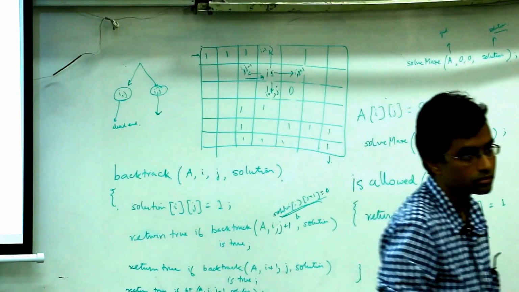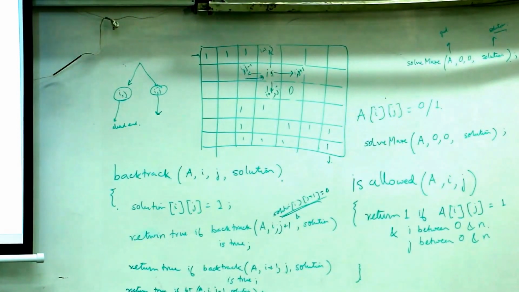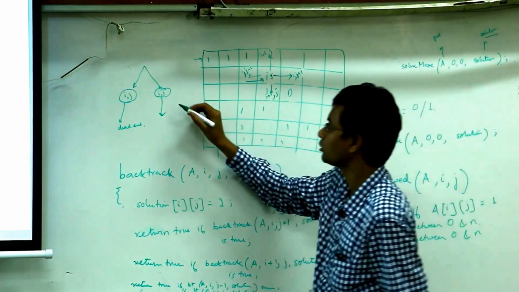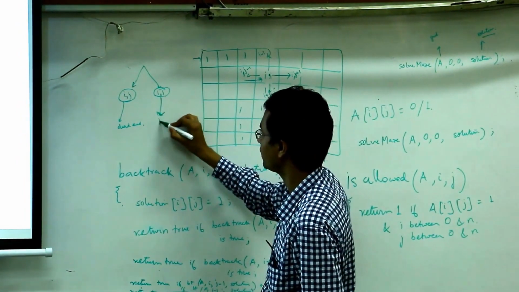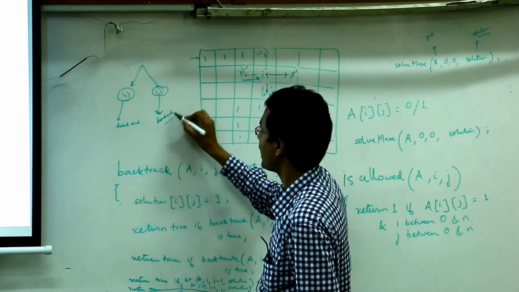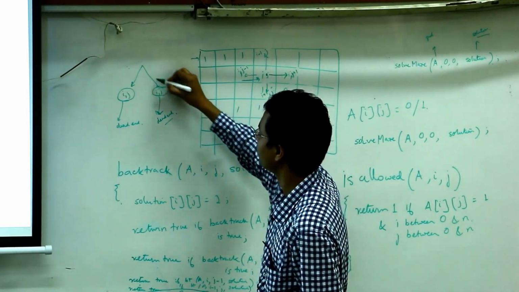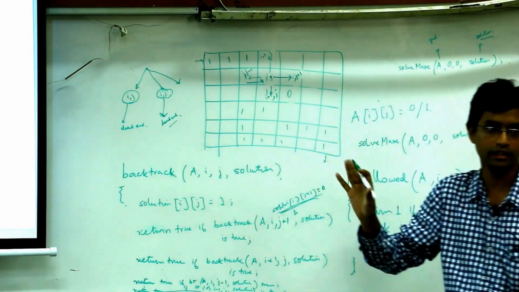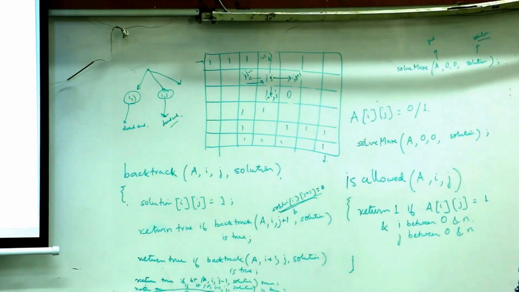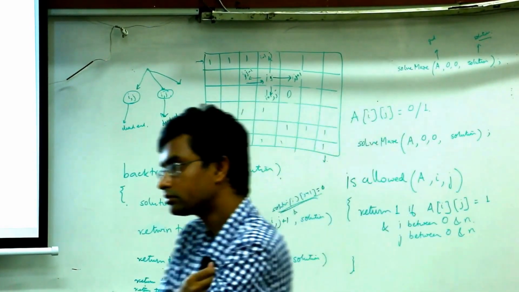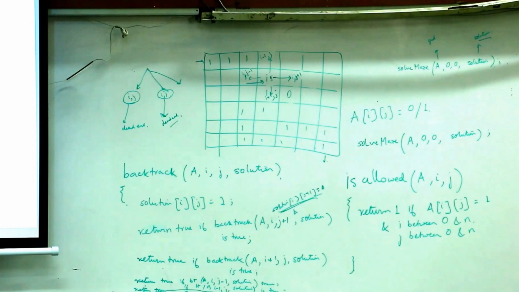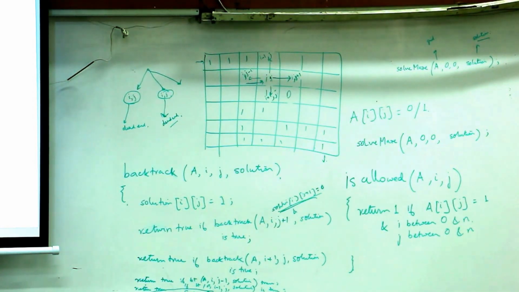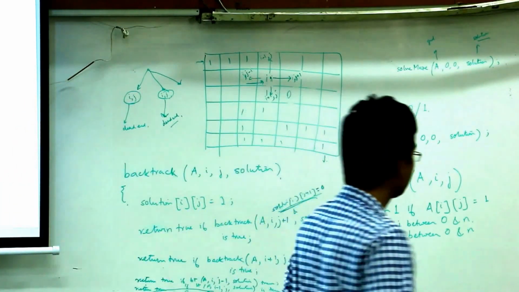And maybe I'm picturing this wrong, but can't we get stuck in a cycle? No, right? Why? Because from here you will again go back. So from here this will be a dead end, and then you will go to the next option from here. So if there is a path, you will eventually get a path. The condition says you can get into a cell only if the solution value for that particular cell is 0. That is precisely for ensuring you do not get into a cycle.